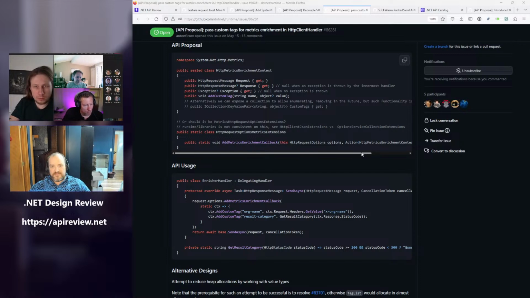It's reading request headers. It's adding a tag. Oh, get value, not add value. Okay, yes, sorry. Yes, because the response is already available at the time that the callback runs, of course. It will also run if there was an exception in the innermost handler, so we can also enrich based on the error info.